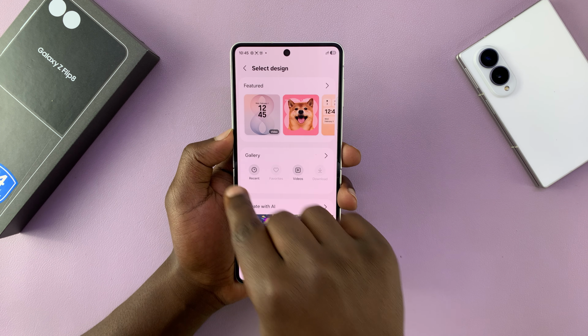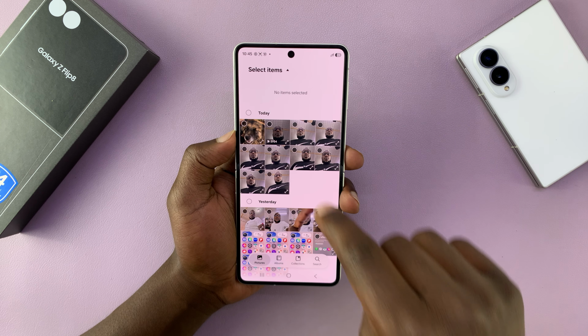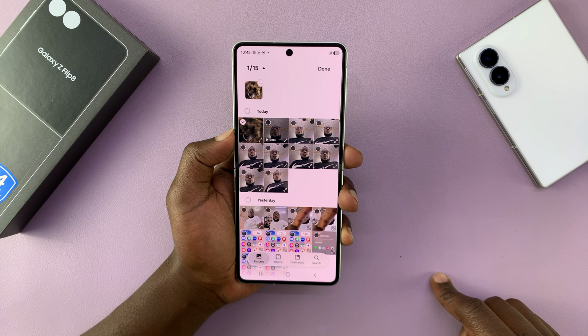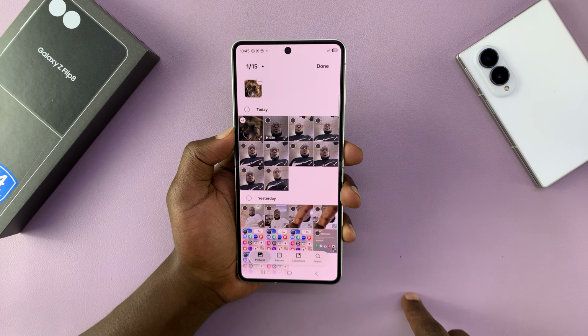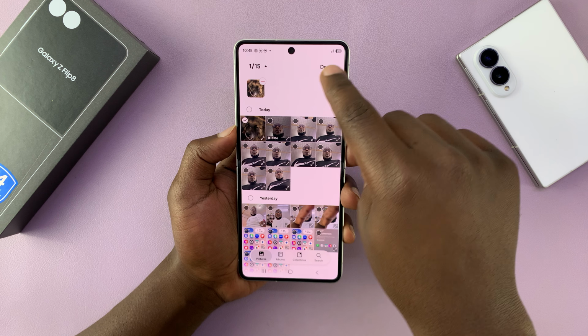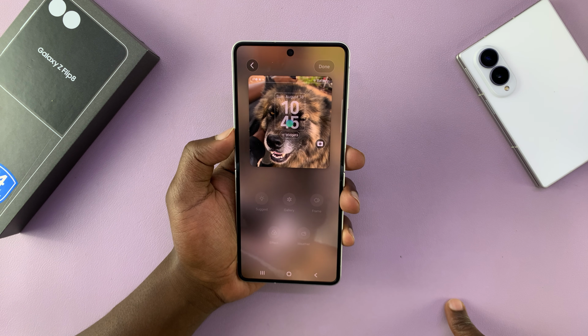And then you have the gallery option, which you can tap on that arrow, and that's going to take you into your gallery where you can find items in your gallery. So I'm going to pick that photo, for instance. You can actually pick more than one photo, and then you're going to have a slideshow on the cover screen. But for this particular tutorial, I'll pick one photo, tap on done, and you can see what the photo is